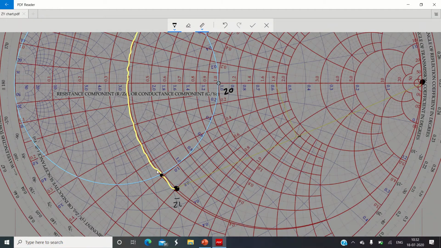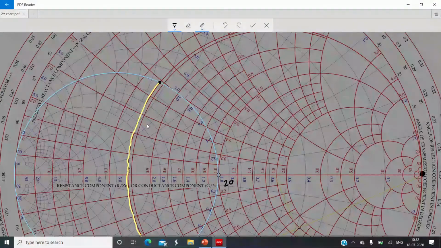So that's why, even though we get the intersection with this particular point, it is not a valid intermediate point. So what we do is we skip this particular point in order to reach Z0. We go further, tracing this particular resistance circle till we reach over here. And from this point, we will come down by tracing a constant conductance circle. So we are coming down, that means the element is a capacitor, right?